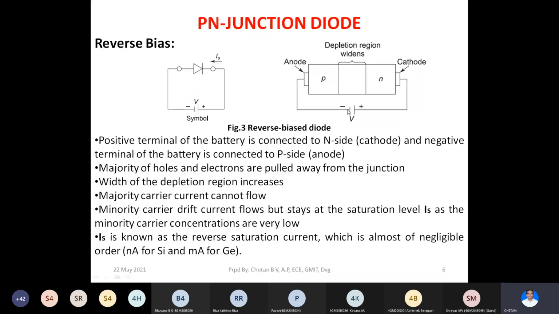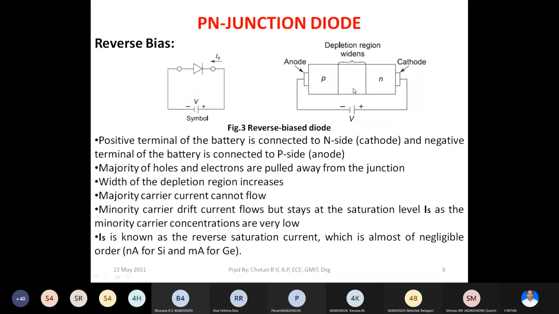the negative side of the battery is connected to the p type, the holes, which are majority charge carriers in the p type, will move towards the negative terminal of the battery. They are attracted towards the negative terminal of the battery. Simultaneously, the electrons, which are majority charge carriers in this n type, will move towards the positive terminal of the battery. The electrons which are accumulated in this depletion region, forming ions with the atoms, will also tend to move towards the positive terminal of the battery.